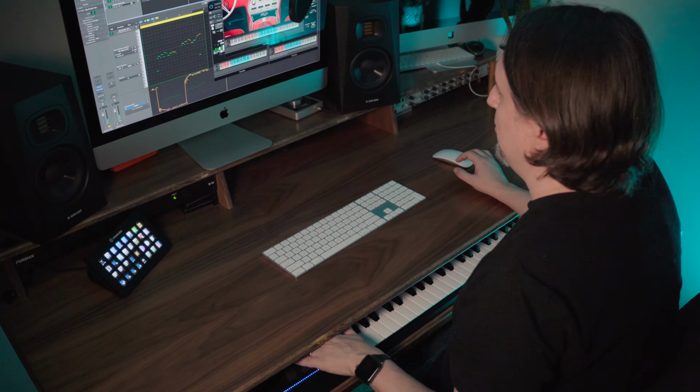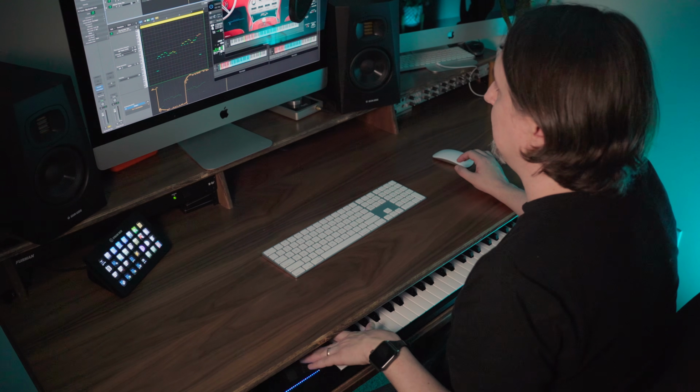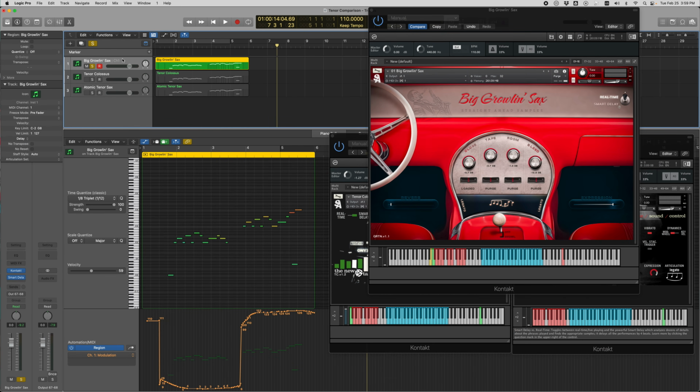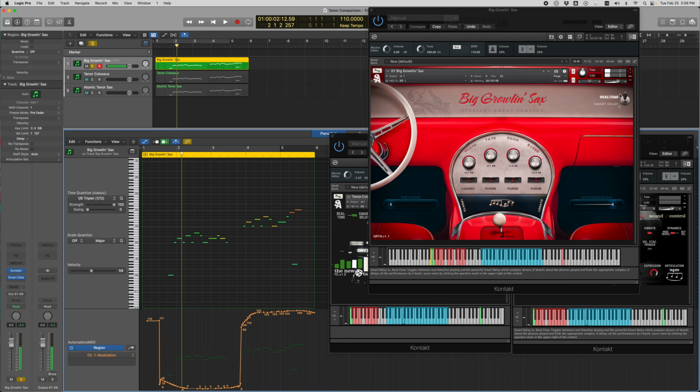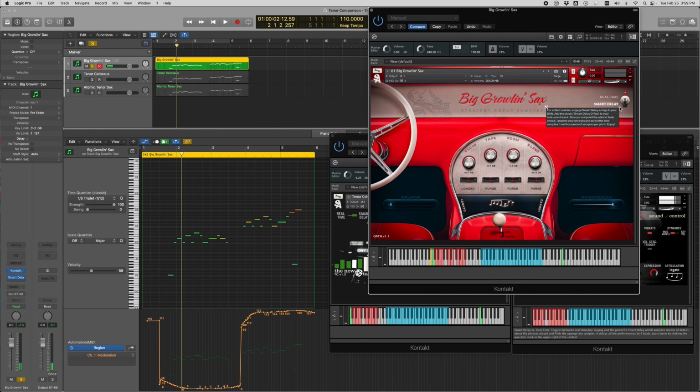Okay, so you essentially have one dynamic, and the difference is growl versus non-growl. So let's just check out Big Growlin Sax by itself. I've got that soloed, so let's listen to Big Growlin Sax. Smart delay needed to be on, but also we heard there